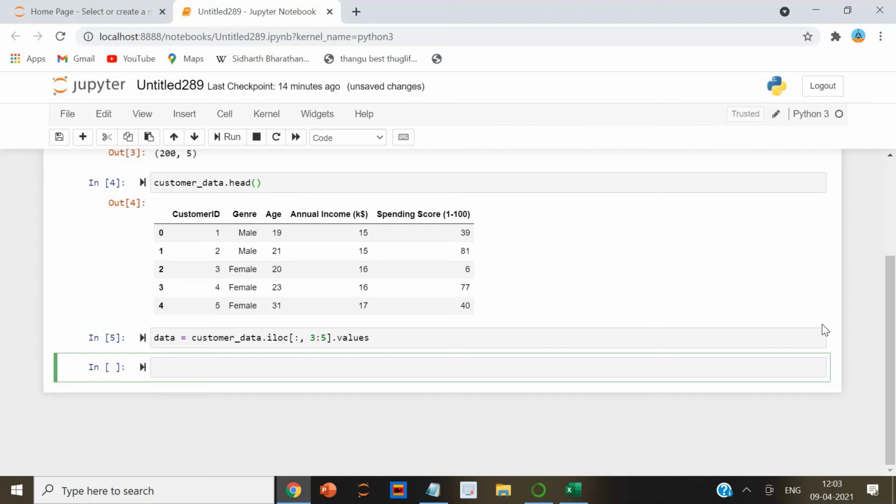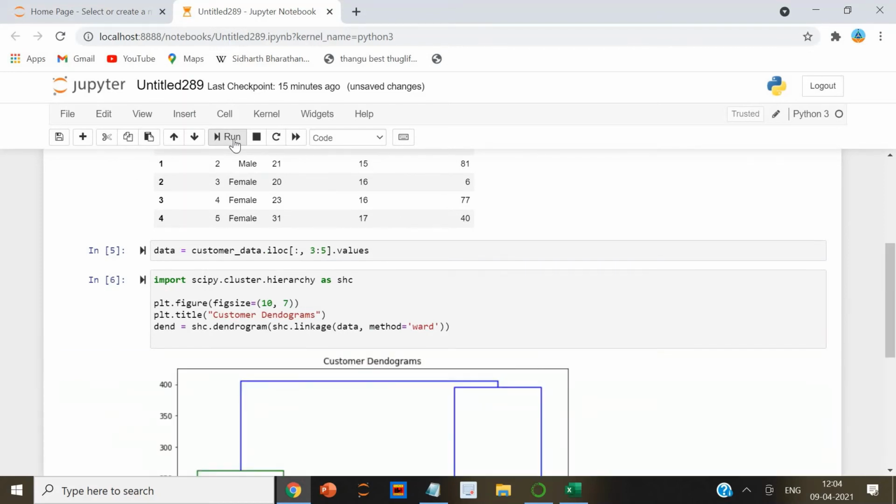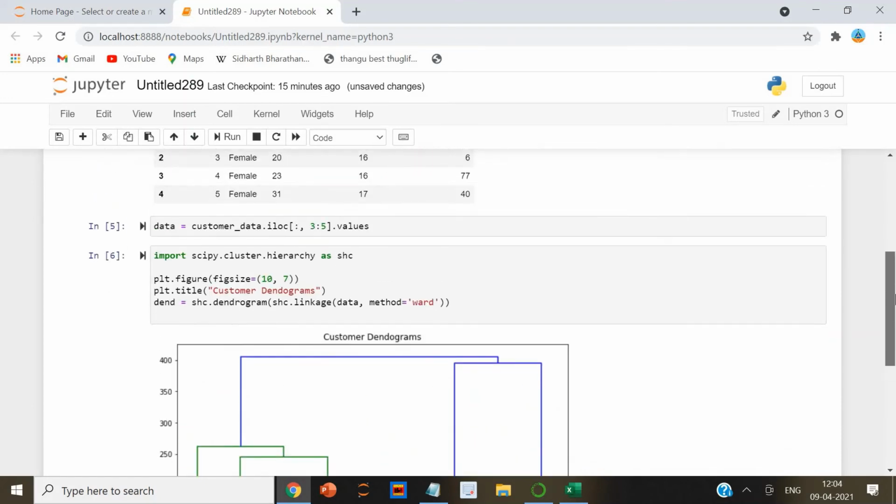Next, we need to know the clusters that we want our data to split to. We will again use the SciPy library to create the dendrograms for our dataset. Execute the next script. In the script above, we import the hierarchy class of the SciPy cluster library as shc.